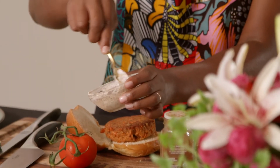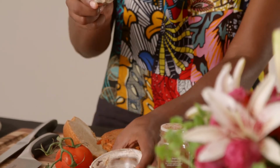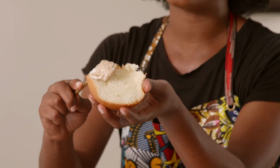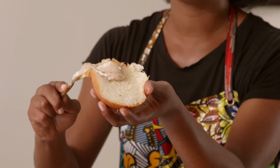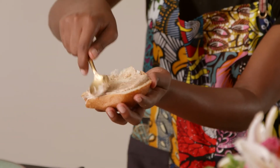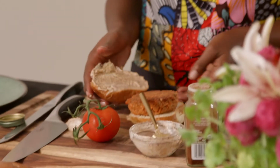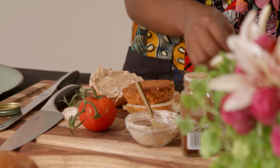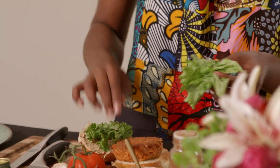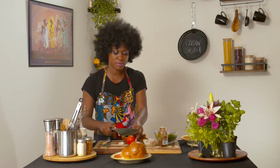You are going to just take your chipotle mayo, scoop it up. You'll just take and use your spoon to scoop it on the side of the bun. That way you get most of what's in the middle, and then you just use that to spread the mayo on top. And then we're going to lay some fresh green leaf lettuce into the brioche bun,